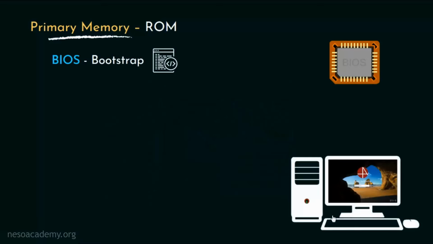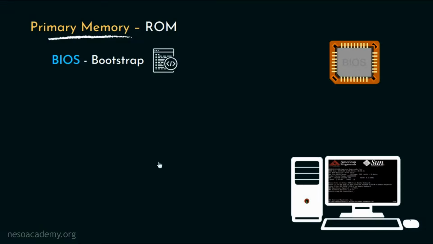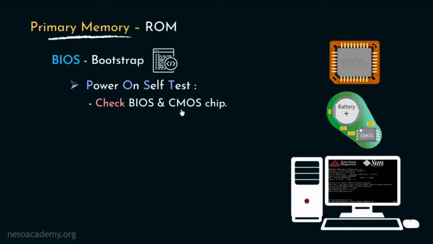Now when we turn our systems on, we see this screen. It's called POST screen. POST stands for Power On Self-Test. Generally it is done to make sure whether the system is okay to be deployed. So at first, the BIOS chip itself is checked, and thereafter the CMOS chip is checked. Now this particular chip is not a ROM chip, it's a volatile chip. And that is the reason why this battery is plugged in here. In CMOS chip, the BIOS settings is maintained.